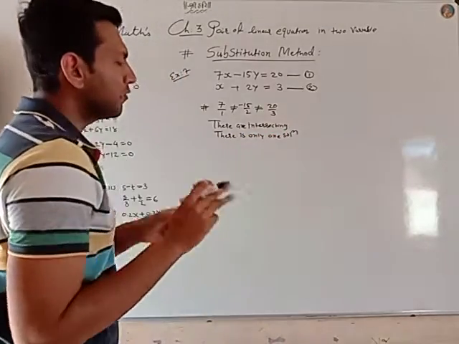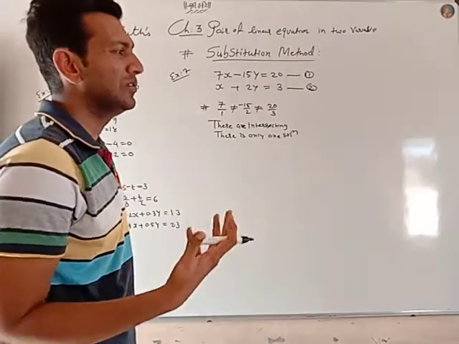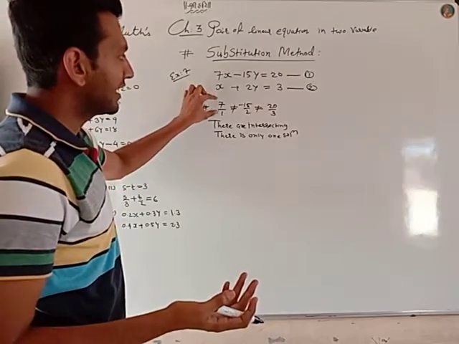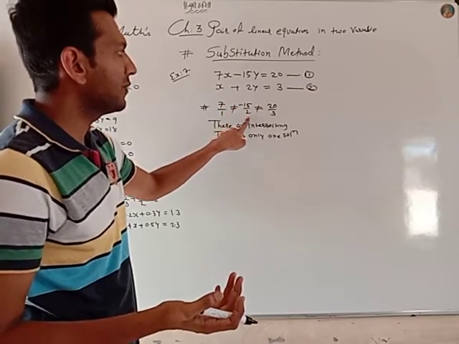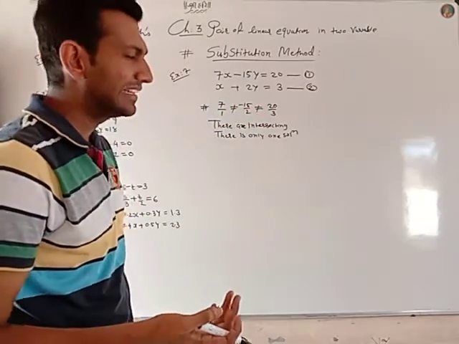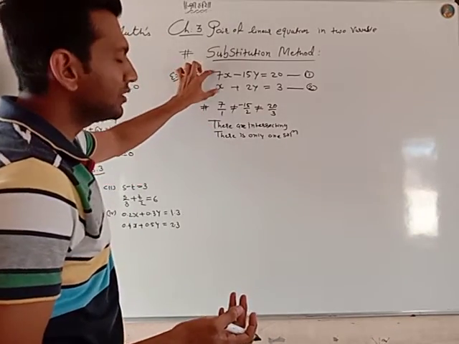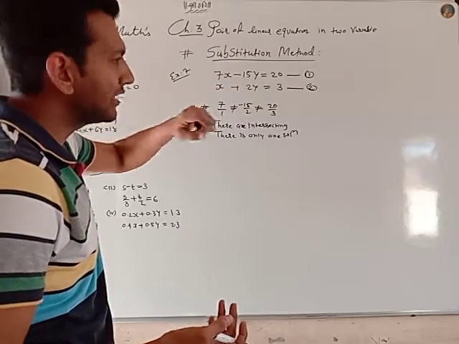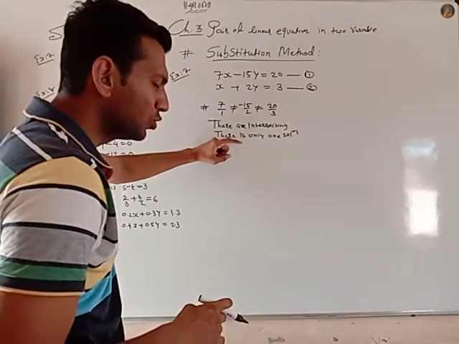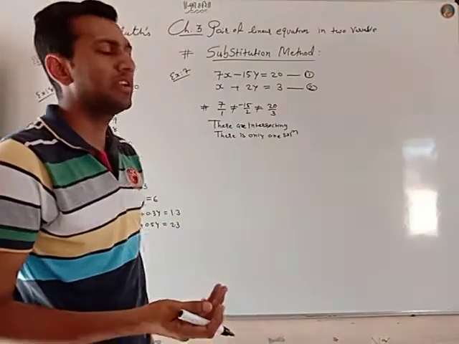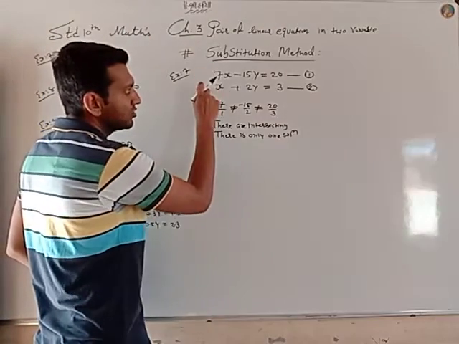In every case you have to check which type of solutions you will get. So my ratio of coefficients is 7 by 1 not equal to minus 15 by 2 not equal to 20 by 3. So there are intersecting lines. If I represent these two equations on the graph paper, I will get intersecting lines. If the two lines are intersecting, it means there is only one solution. Now let's start the solution of these two equations